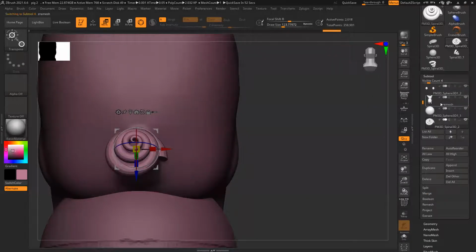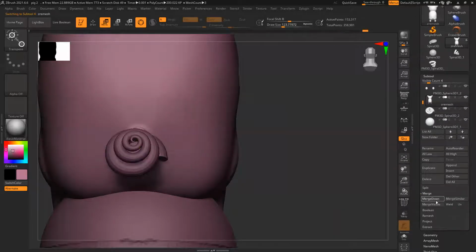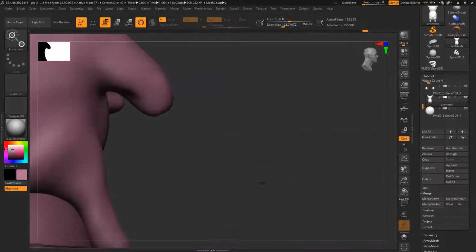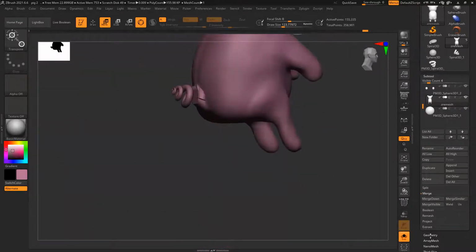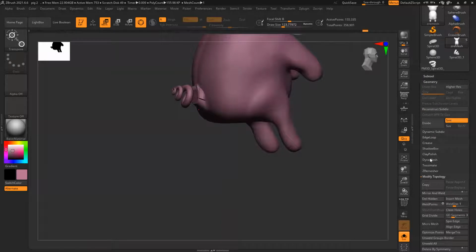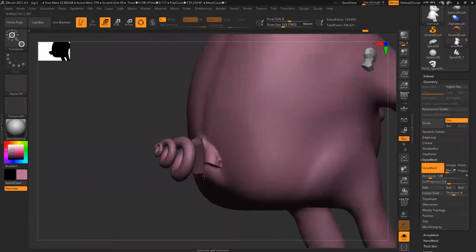Then move this one up and merge these two, merge down, then isolate and use Dynamesh to combine. Dynamesh the model, everything is combined.